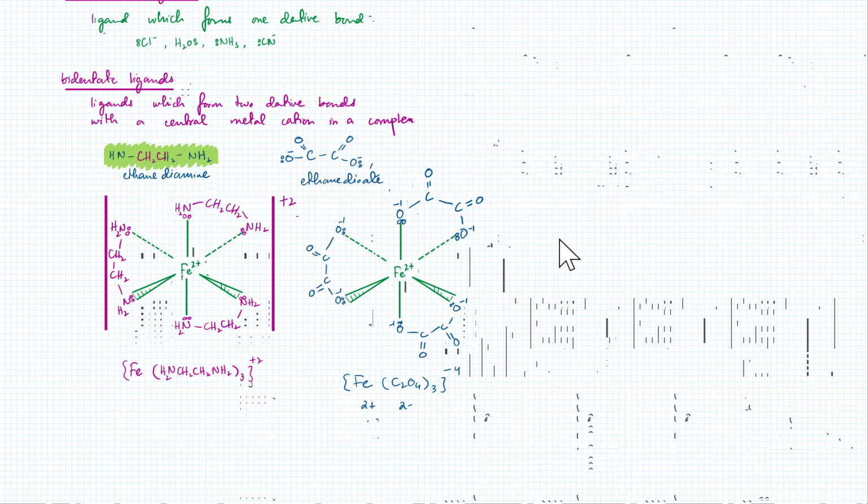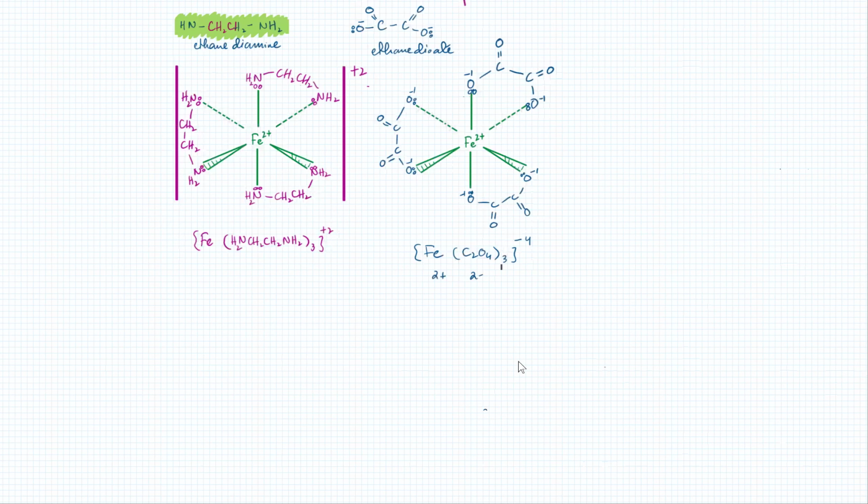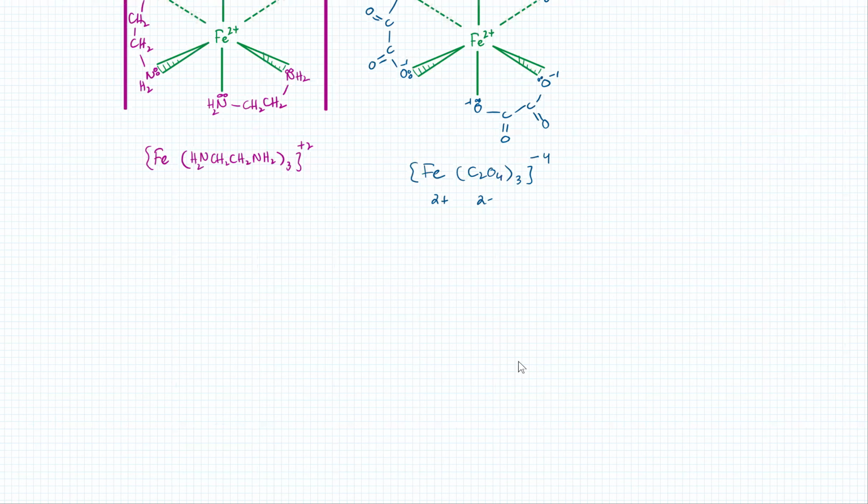So that's it, that's bidentate ligand. And then there's a polydentate ligand as well. So what's a polydentate ligand? It could form many dative bonds. Now, polydentate ligands are normally